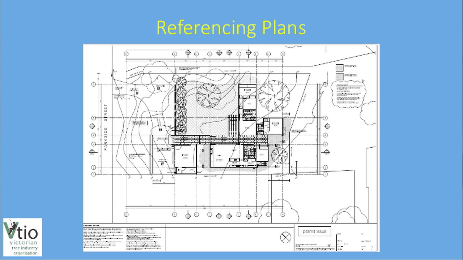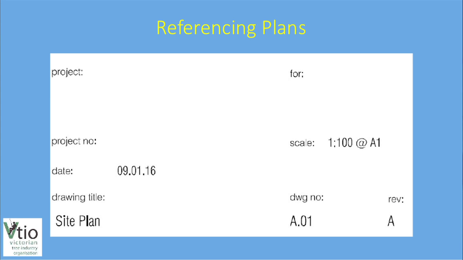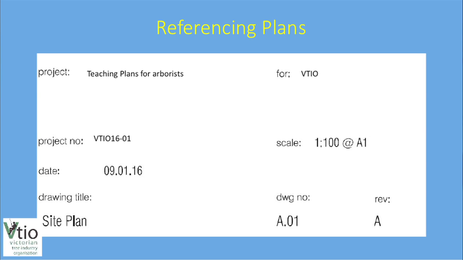So, referencing plans. Down in the bottom right hand corner of most plans we have some details. These plans we're going to be calling the teaching plans for arborists for the VTIO. There's a fair bit of information on plans, and when you're referencing plans in your reports, can you put as much in as you can, because that stops you from getting caught out by them having a different set of plans. If you just say teaching for arborist plans revision A, there could be